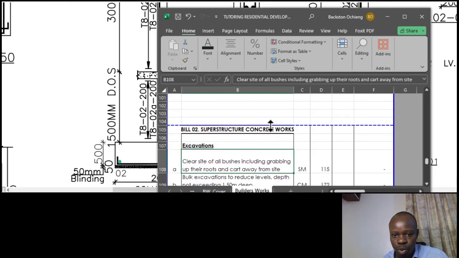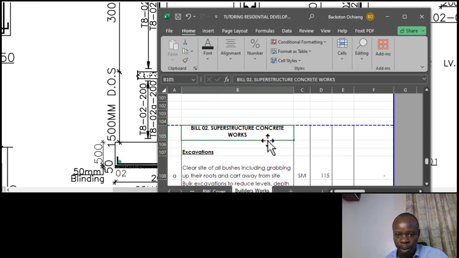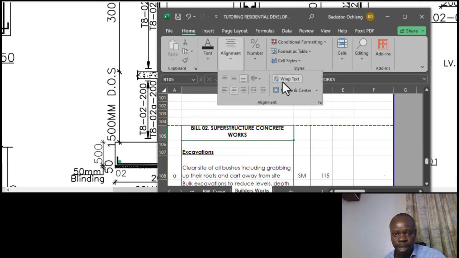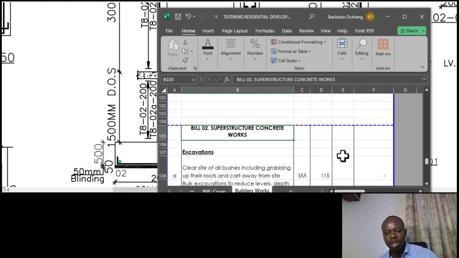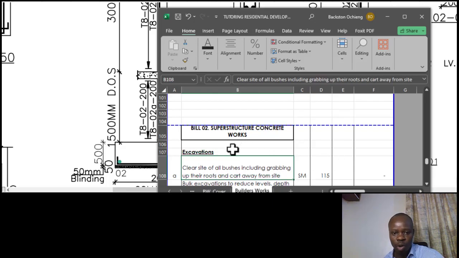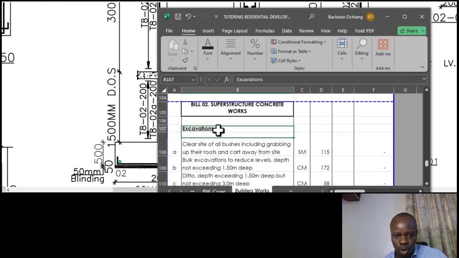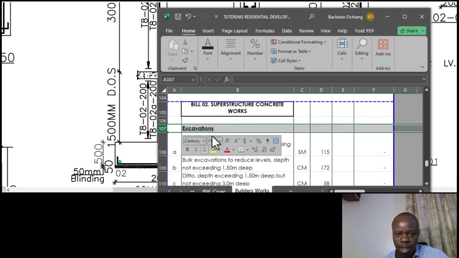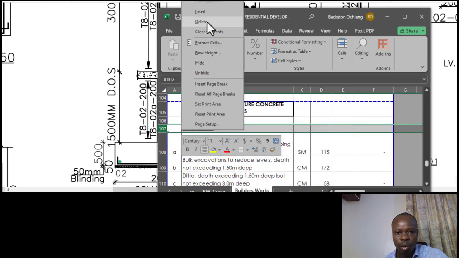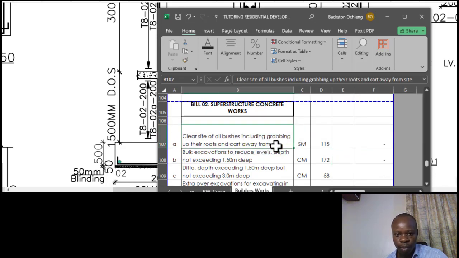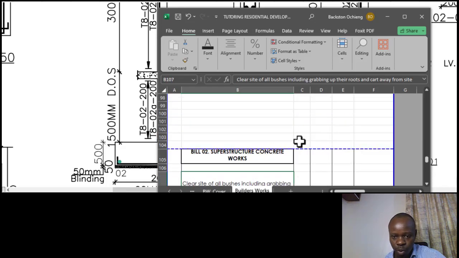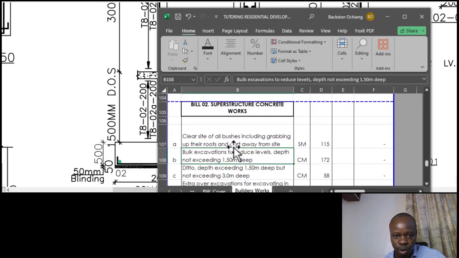Alright, that seems to be going beyond that cell, so you can always wrap it that way. Just select on that cell, then you go to alignment, then wrap text so that it falls within the intended cell where you need it to be. So in this case, it doesn't have this one here, so I want to delete this part. Just select that and you go to delete. So once you've done so, then you go to,